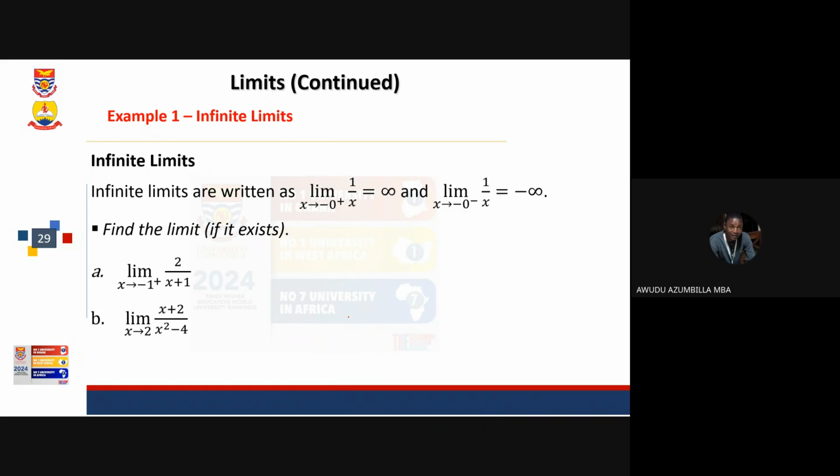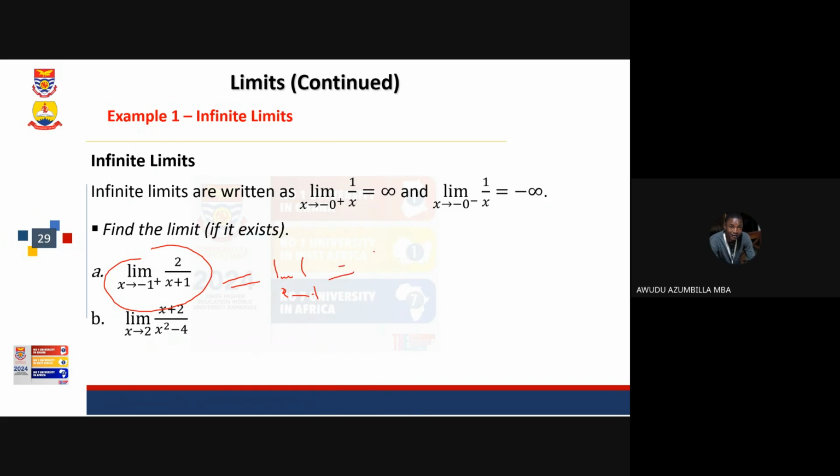Okay, we continue to find the infinite figures. It means that there's some limit that when you take the limit, it doesn't exist at all. It will give you infinite, or you see whether it exists or not. Let's look at this, the first one. If you take the limit as x approaches -1,